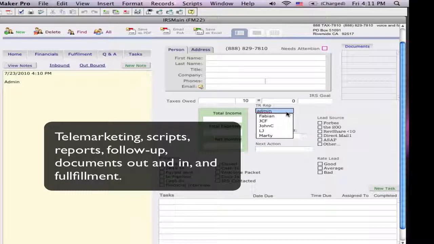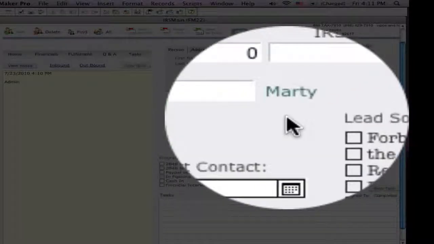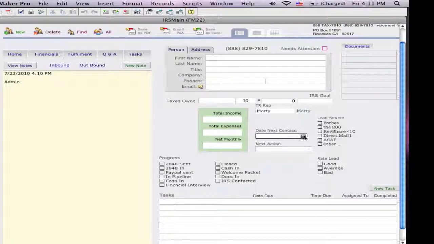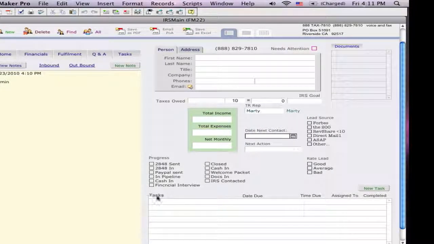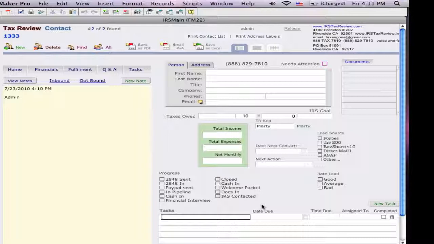We also put whoever the telemarketer is, or who's handling this case. We've got the date for the next contact, but we've pretty well done away with that, and we've come up with a portal here that's a task menu, which is kind of a catch-all. So you just go to new task, and you could put in here that you want to send the PDF, or the better would be send the 2848,